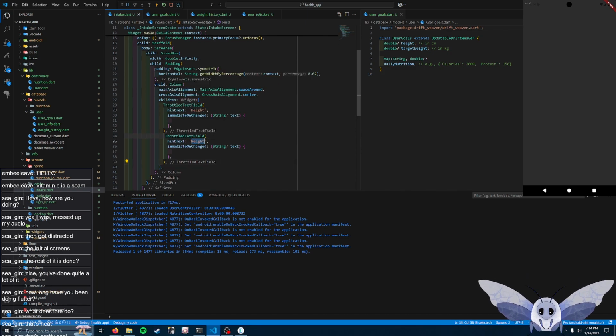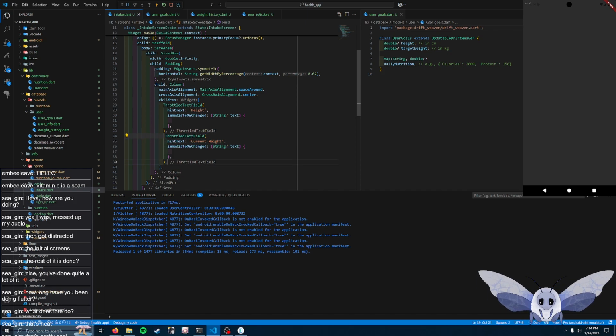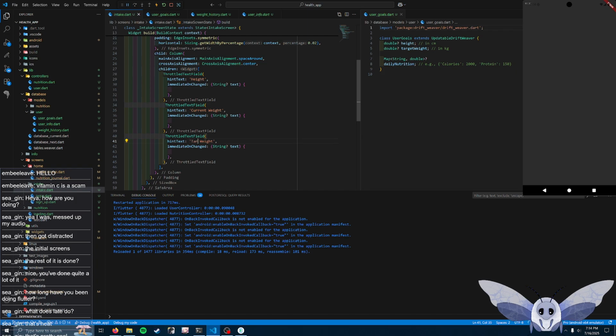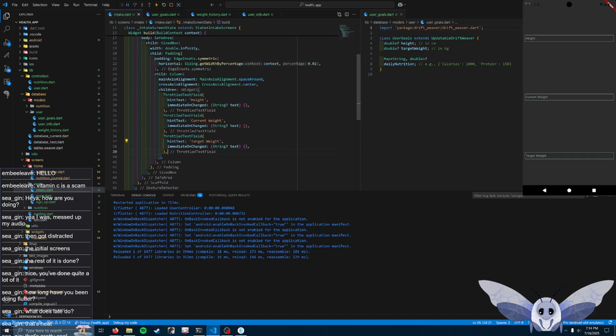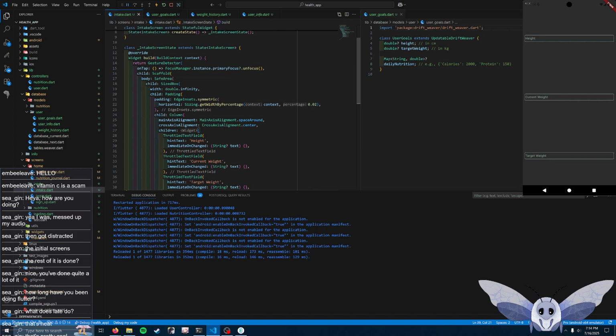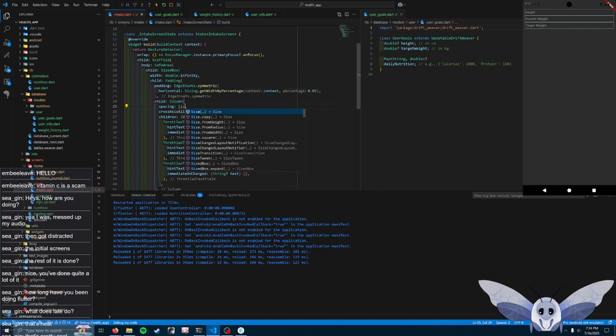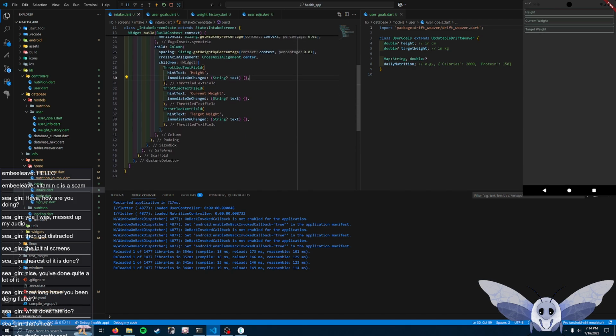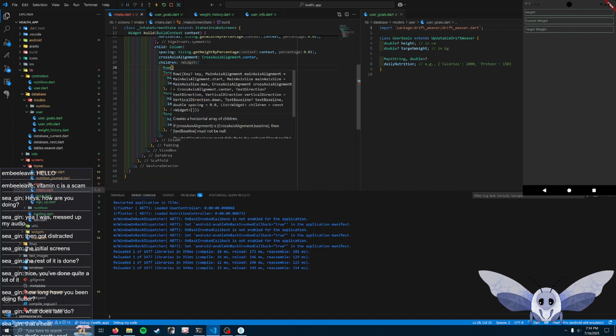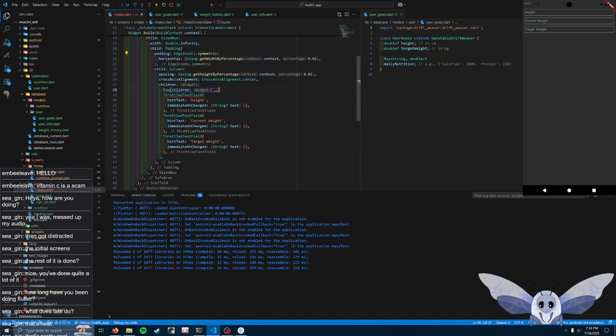We'll do current weight. And we'll say target weight. Oh, that looks ugly. There we go. Still looks ugly, but it's fine. Okay. And we'll have a section for macro goals, but let's first just make a pretty little